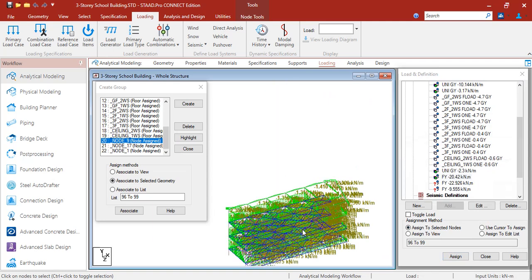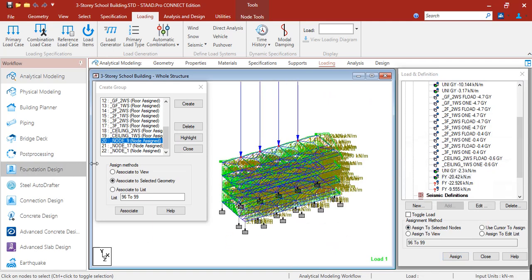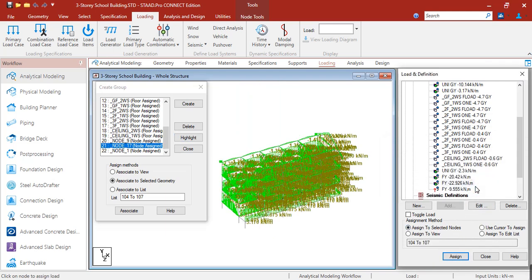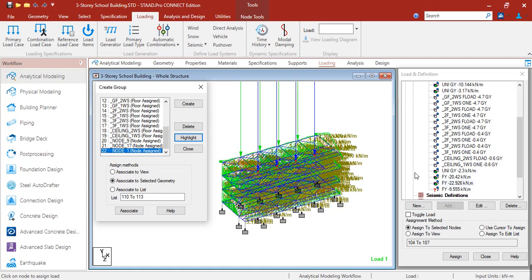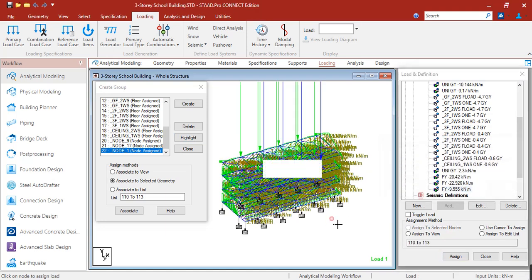So it is now very large. Okay, so let's highlight again node 17. So assign negative 22.926. Click assign to selected nodes. And for load 9, highlight. So this one assign to selected nodes, then click yes.